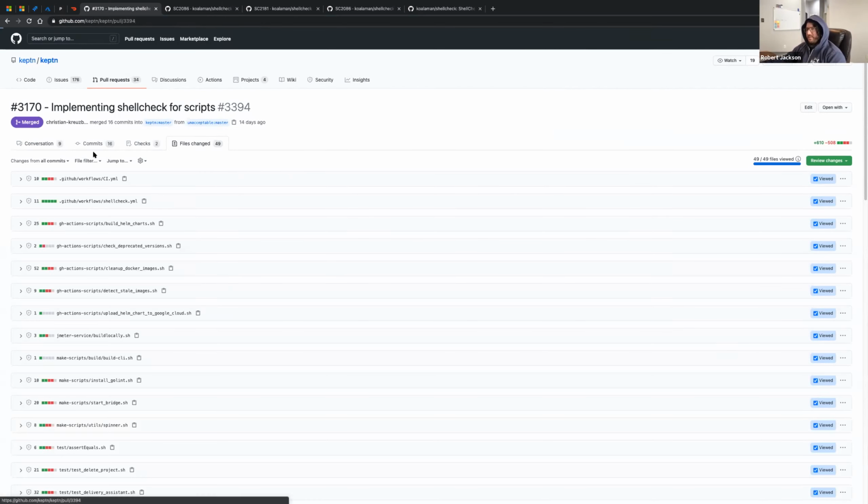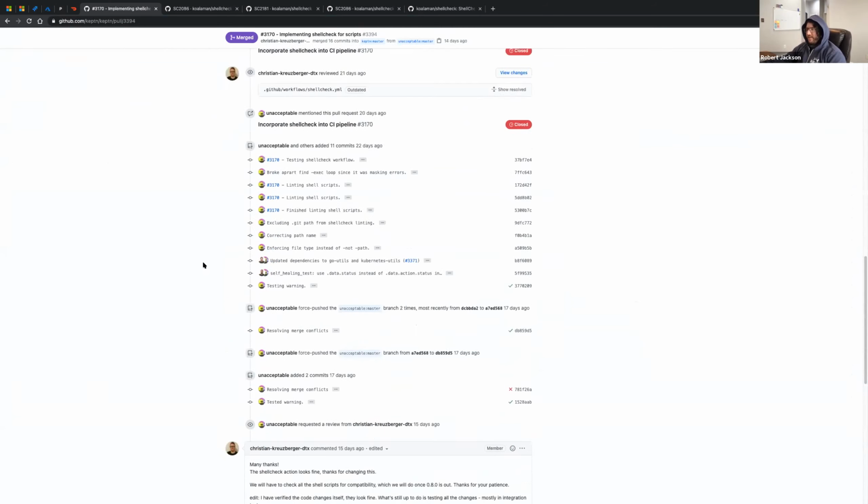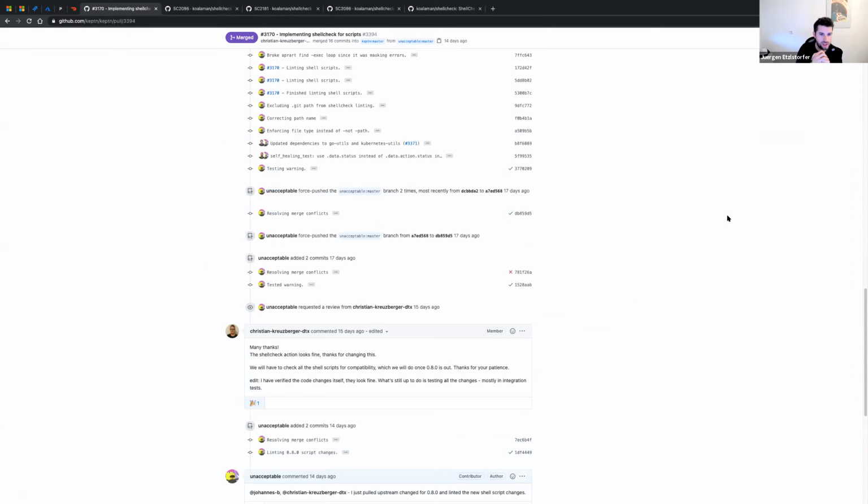Does anybody have any questions about this change or how it might impact them? I really think it helps us write better code, with all these ShellCheck error codes you showed. They also have the rationale behind them, helping us take a look at whether we really want to follow their recommendations or follow others. It's really cool. Actually, I didn't know that it exists. Cool that you added it to our project.